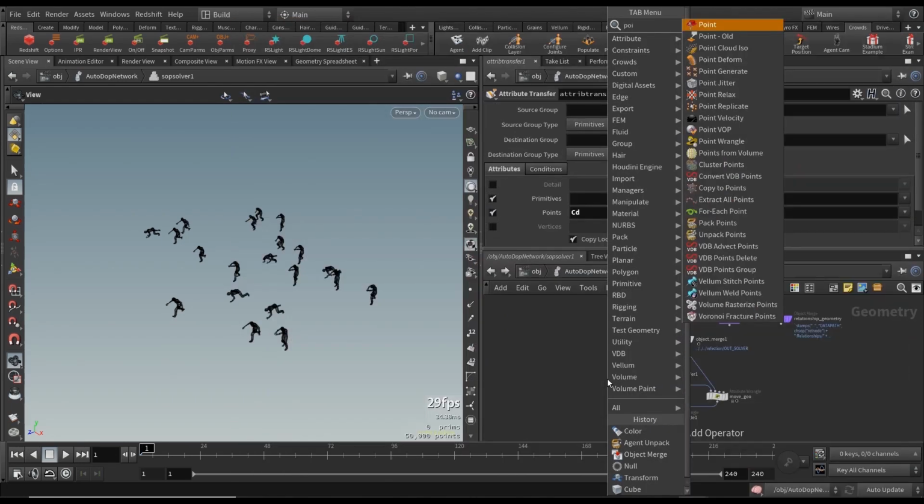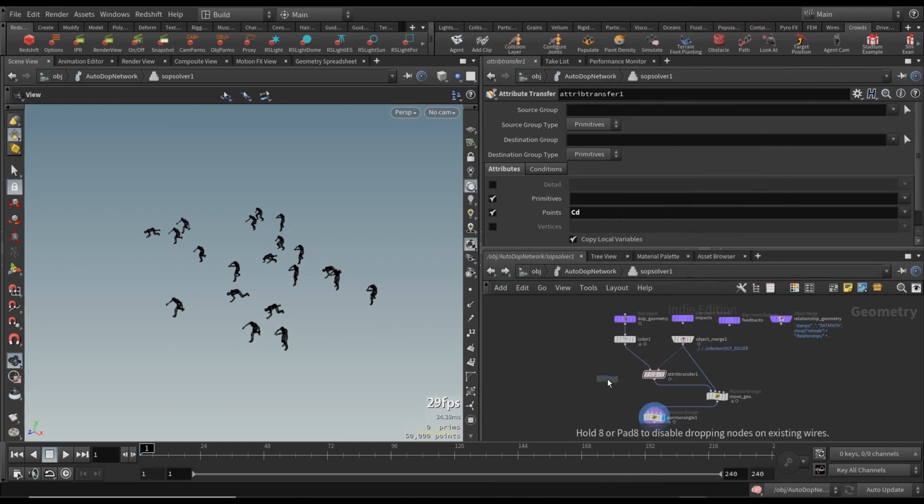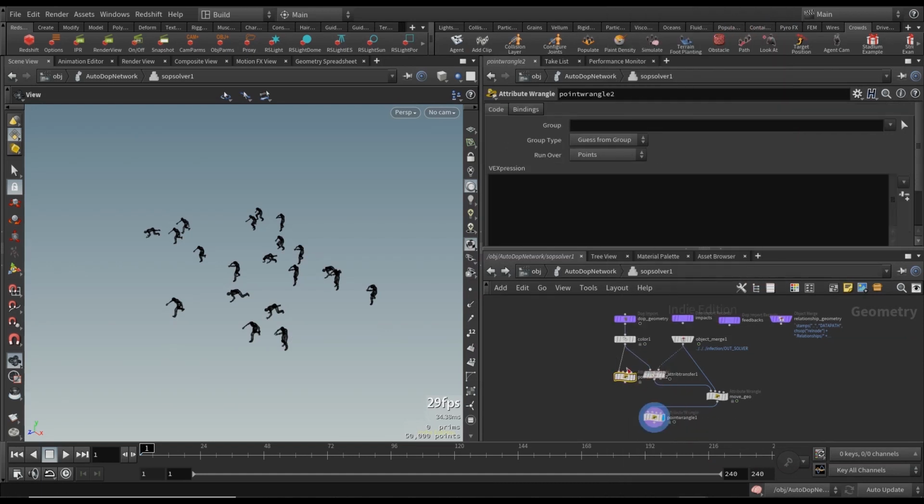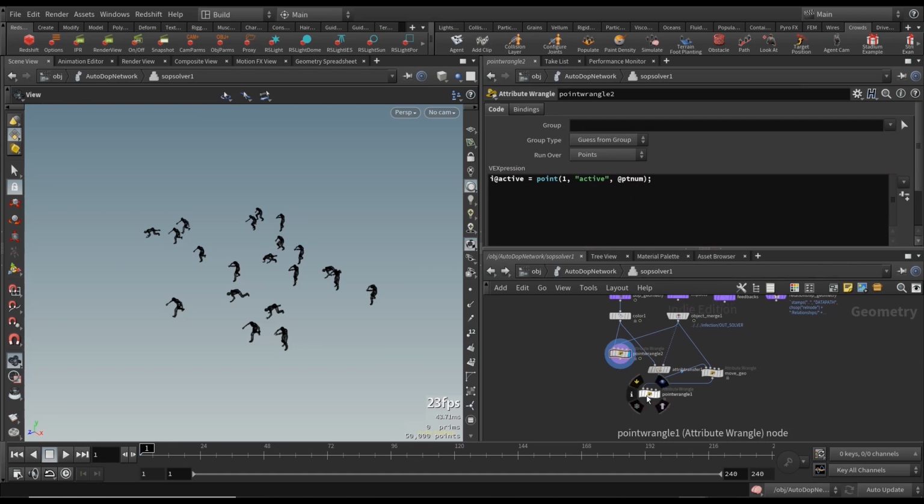So we're going to create a point wrangle. And we're going to bring in that attribute here, okay? active equals point(1, "active", @ptnum). So that just transfers all the attribute called active, and then we're going to use that